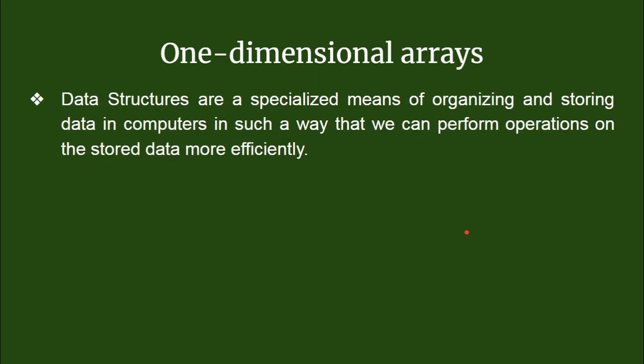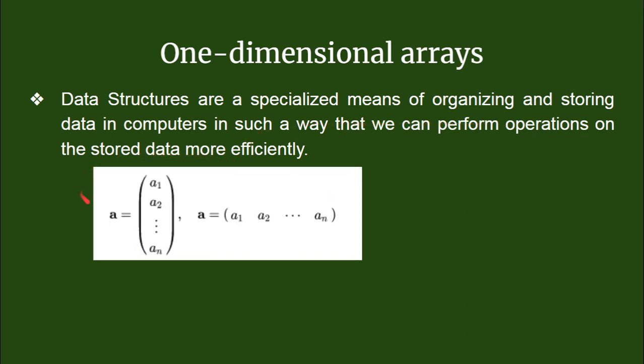Let us see the types of arrays. One-dimensional array. This is the example of a one-dimensional array. Here one dimension means the dimension is a column or a row. So we can say A1, A2, this is a matrix. Generally in mathematics we know what a matrix is. So this is a column matrix. In computer terms you say it is an array, a one-dimensional array or a column array.